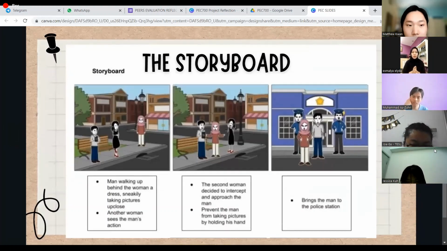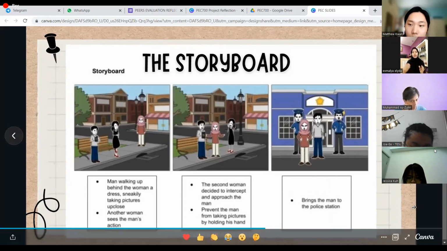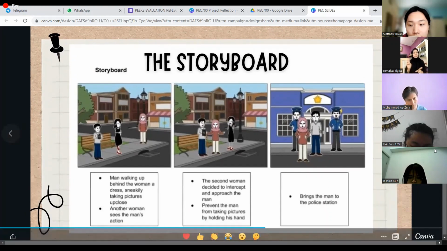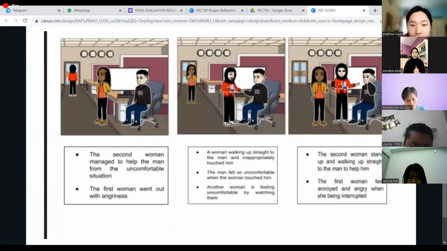So this is the storyboard that we created. First is the first scene that we created, where a guy is taking pictures under a girl's skirt, and another woman stands up and takes him to the police station. So this is the first scene, and there are a few points that we put in our storyboard. Next is